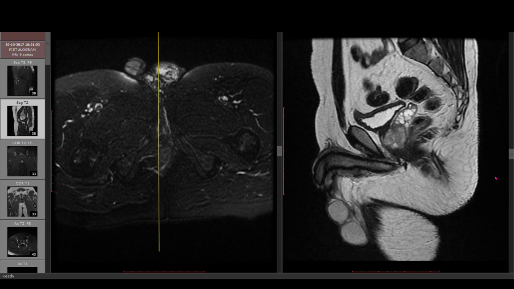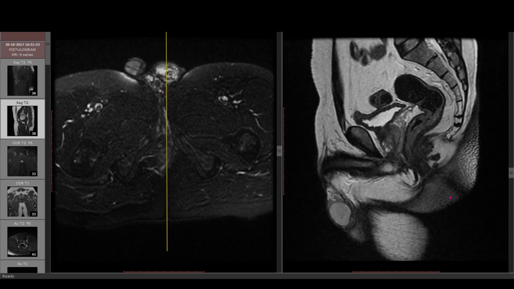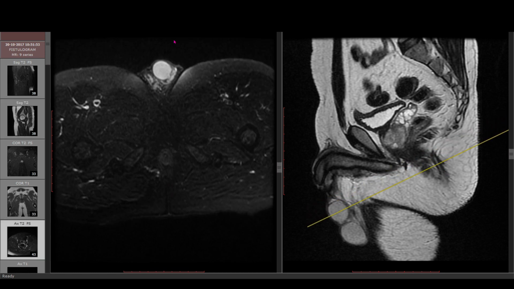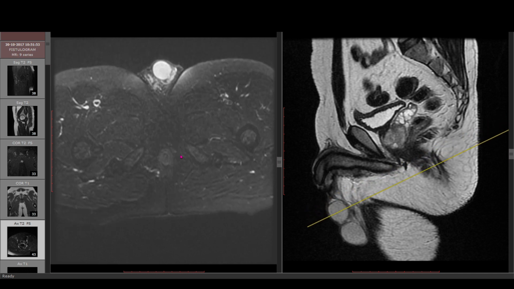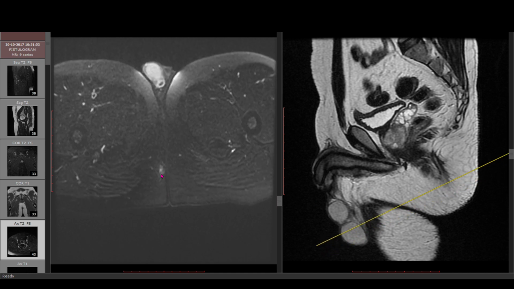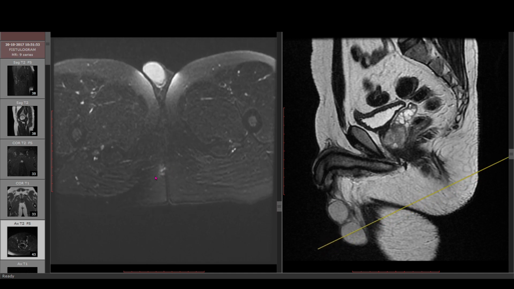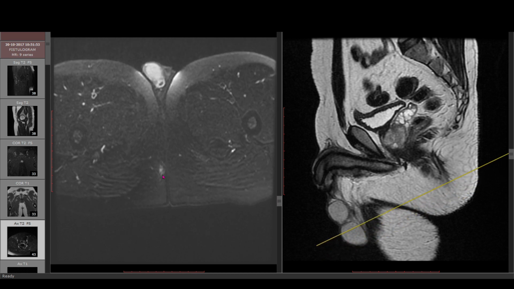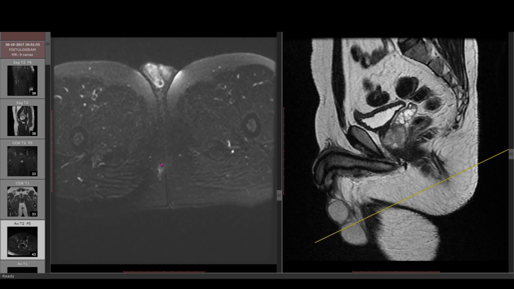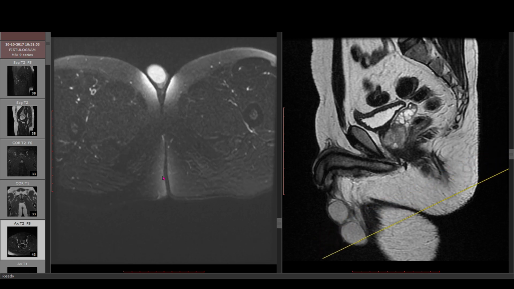So here in this particular case, you can see the track very well in T2 images. It has a very deviant course, and it has a branching pattern here. In the axial images, if you see closely, I'll just increase the brightness, you can see that the track's external opening in the FS images is seen at the natal cleft towards the right side in the intergluteal fold. Okay, and if you consider the anal clock here, it is roughly at 7 to 8 o'clock position, but it doesn't matter here because this is already a complex track.